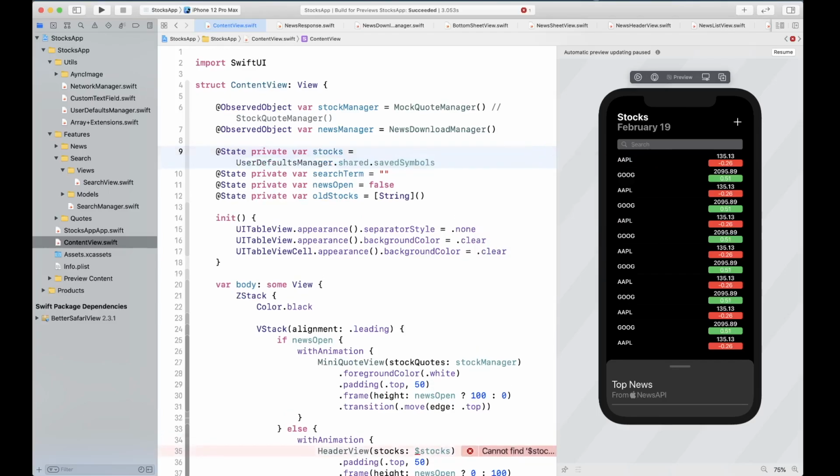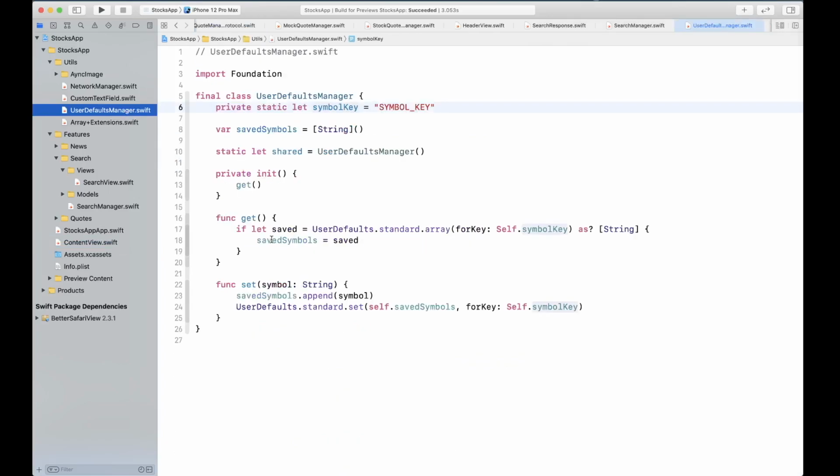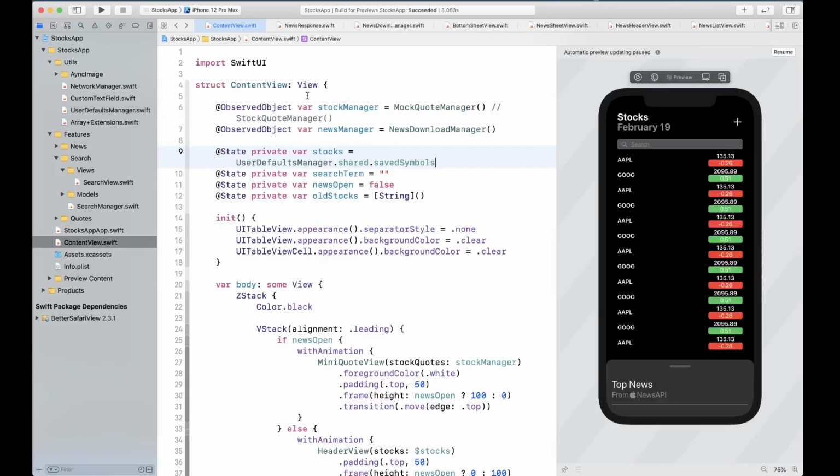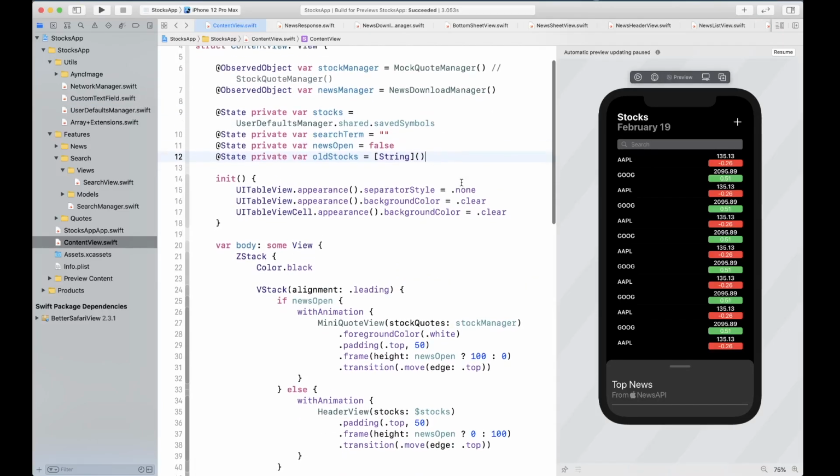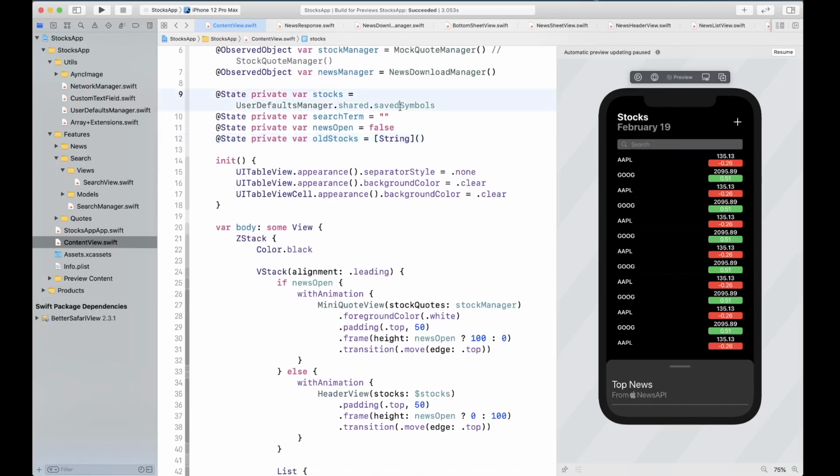So we can get that. That's going to be the list of symbols. Let's take a look at what we got. Okay. Cool. So those are going to be saved symbols that we're going to get and store in stocks.